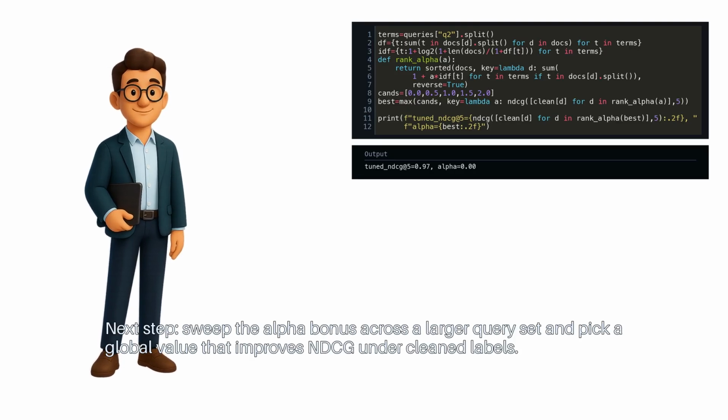Next step, sweep the alpha bonus across a larger query set and pick a global value that improves NDCG under